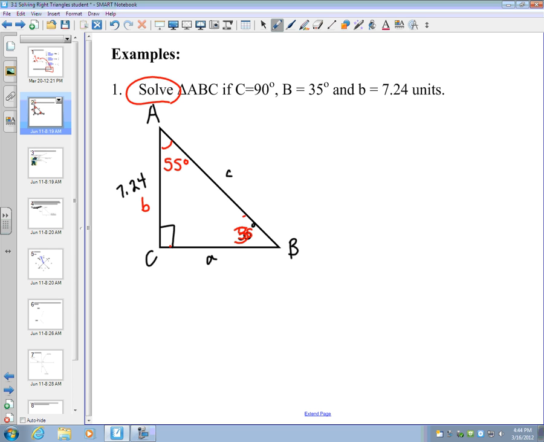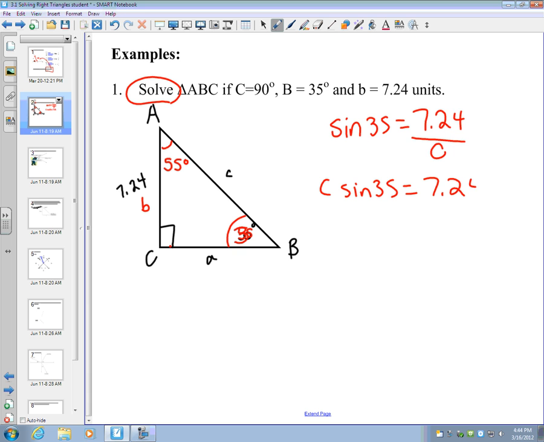Let's look at this angle right here. I know the opposite. I don't know the hypotenuse. So opposite and hypotenuse is sine. So I could say sine of 35 is equal to 7.24 over C. Solving for C, I cross multiply. So I get C sine 35 is equal to 7.24. I divide both sides. I get C is equal to